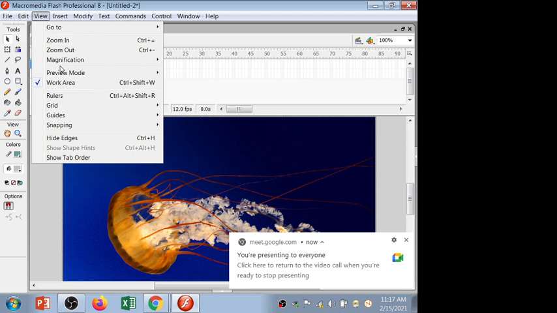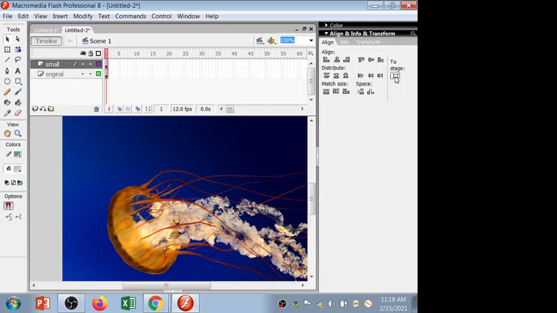This is the option that you want to make the alignment according to your stage, right? So if it is not according to the stage, it will randomly align the object. So you want to align your object according to the stage. So now here I want to apply the center alignment to the stage, right? So there are two options.